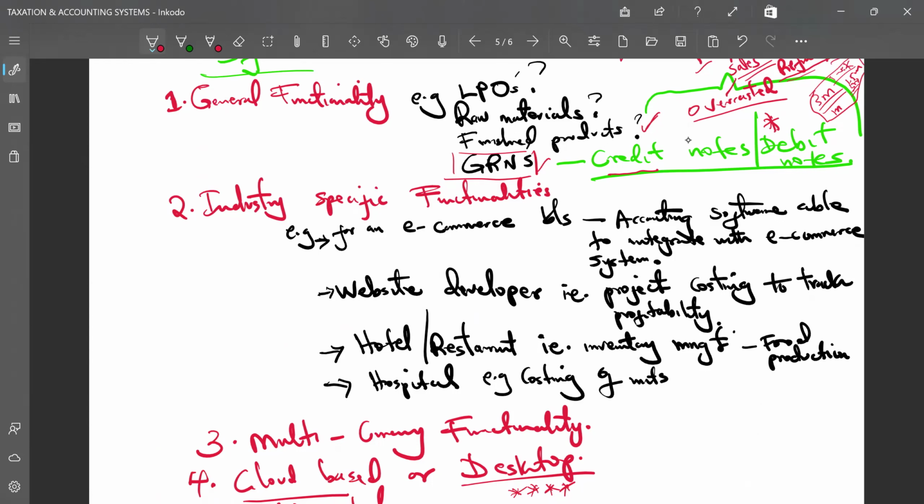And remember, you are buying these systems. There is a cost implication in it. It will be very sad and very disappointing if, as a business person, you invest your money in buying these systems and then the system is not useful to you in your premises or in your business.